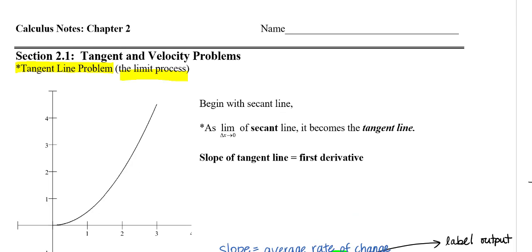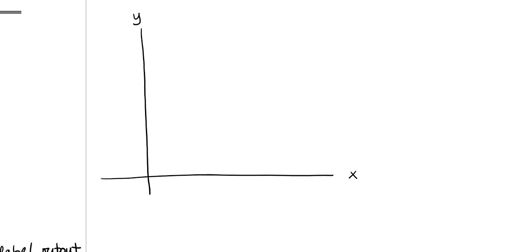All right, so the first thing that we're going to take a look at is the tangent line problem, which is going to be a nice beginning to this chapter and also sort of a finishing touch on the chapter, where we will look at the same problem again and revisit some of these same topics to close out the chapter. So I'm going to go off to the side here and start with